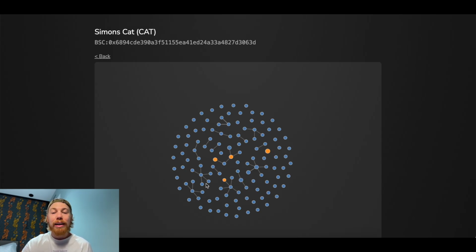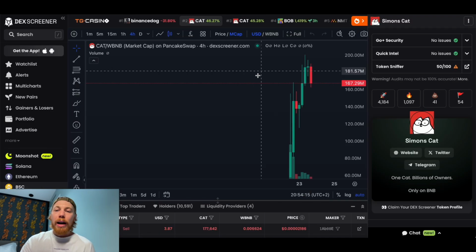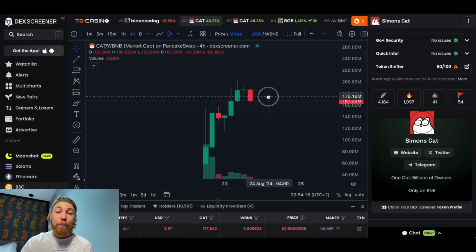And if they are connected to specific, like this, little clusters, then always be aware of that, guys, because you do want to make sure that whales aren't manipulating this, or obviously that people have sniped a lot of the supply and have just spread it over multiple tokens. So I hope that gives you a really good overall insight into how you can trade Binance Smart Chain meme